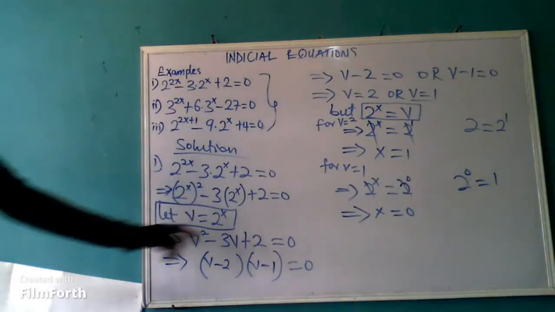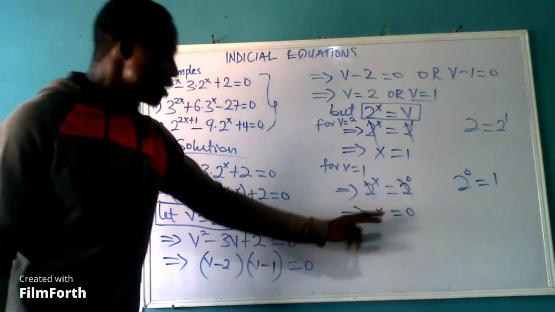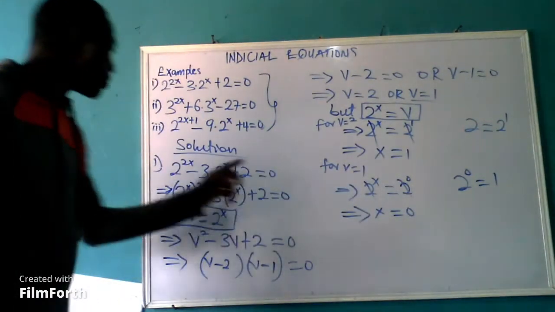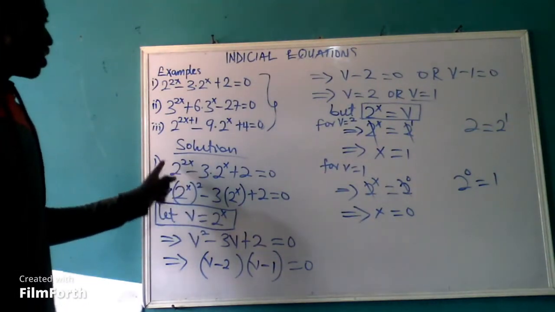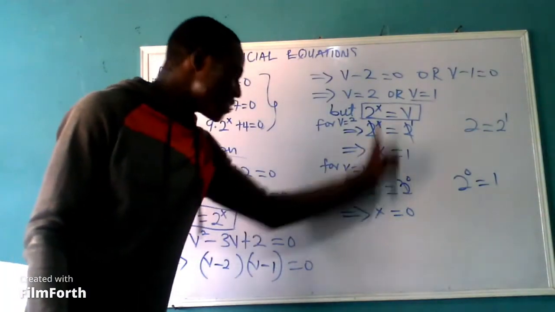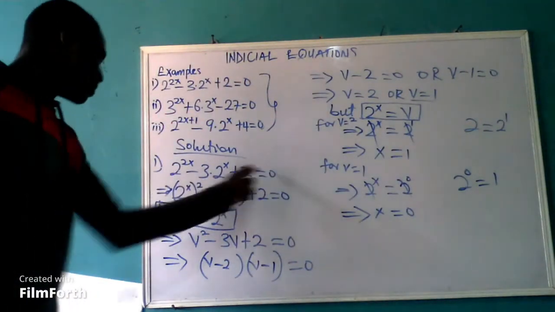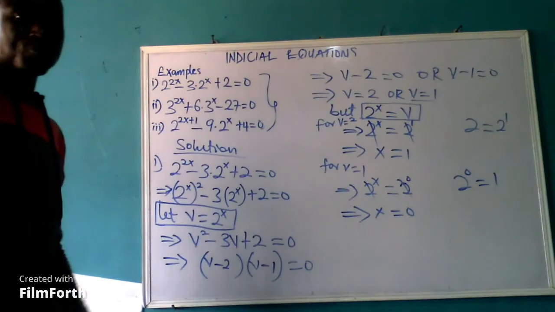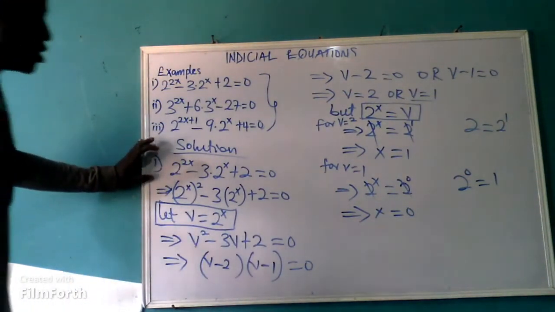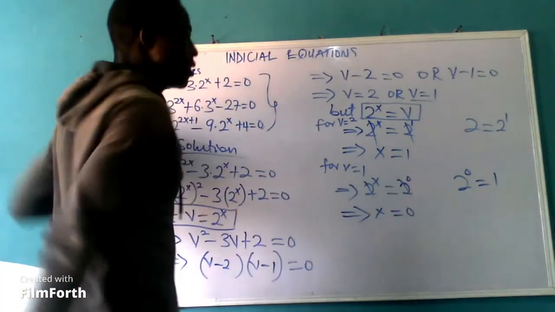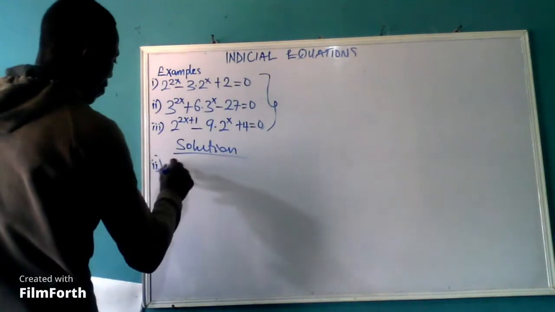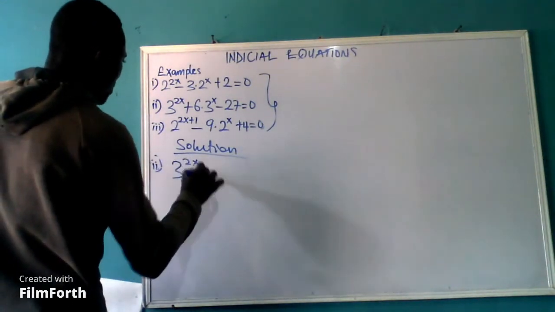If you take your time to check these two values of x, x equal to 0 and x equal to 1, in other words, put x equal to 0 into this equation, everything here will be 0. And if you put x equal to 1 into this equation, everything at this side will be equal to 0. So the equation is true for these two values of x. And that is that. So example 2 is stated as 3 raised to power 2x